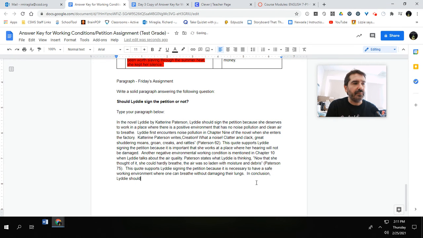I'm restating the claim. Because I'm going to go back to the fact that she deserves to work in an environment where she doesn't have to worry about getting sick. Everybody deserves to work in an environment that they're not afraid of getting sick. Sometimes it happens, sometimes things can't be avoided. But nobody should want somebody else to work in an environment where they can become sick.